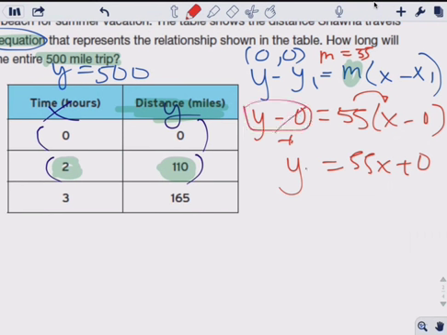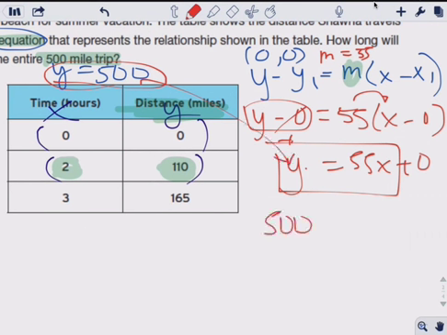Now we're going to use this equation right here, and we're going to substitute miles into y. So 500 equals 55x. Divide by 55, and x is equal to